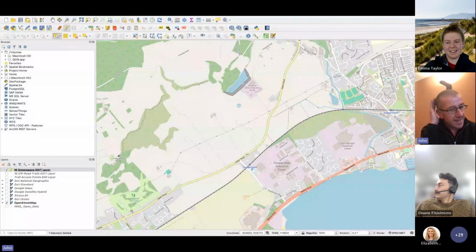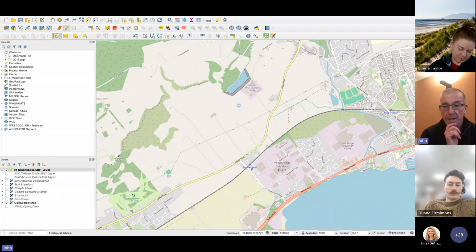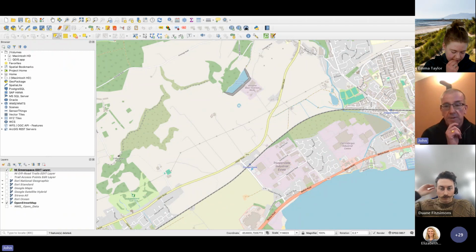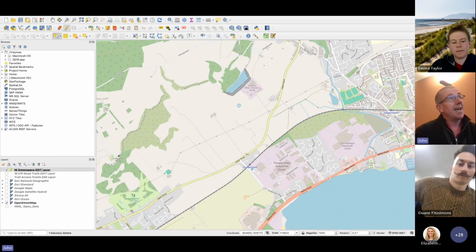So there's a really interesting thing that happened at the end of 2022 with QGIS. It used to be that you had to create a separate feature service, an OGC compliant WFS feature service, to be able to edit from QGIS into ArcGIS Online. That changed in a recent release of QGIS, so now you can edit ArcGIS Online feature services directly. So we thought this would be a handy thing to show,